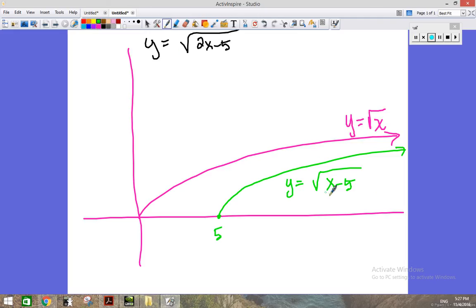Now, working with this resulting graph, this graph in green, if I put a 2 in front of the x, that's a horizontal shrink by a factor of 1/2. So all of these x values get divided by 2. So this 5 comes over here. Half of 5 is 2.5. And the shape of it is still out that way. The distance away from the y-axis has now been cut in half. Okay, so I know that I was correct when I figured out my domain